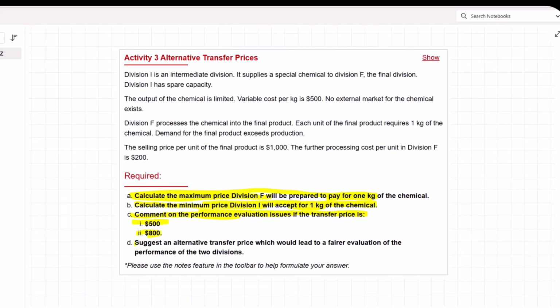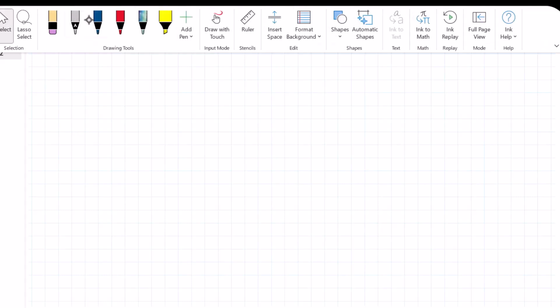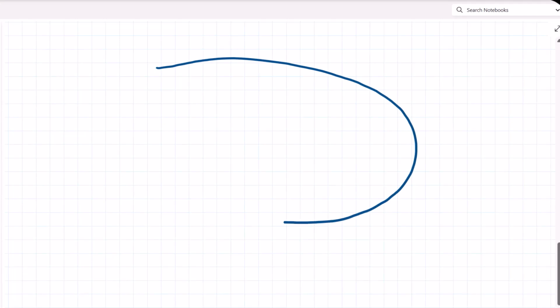Finally, we're going to suggest an alternative transfer price, or recommend an improved transfer price that would lead to a fairer evaluation of the performance of the two divisions. Let's jump in. I like to begin these problems with a sketch. I like to visualize it. So we've got an organization here, and we're looking at two divisions. We're looking at the I division